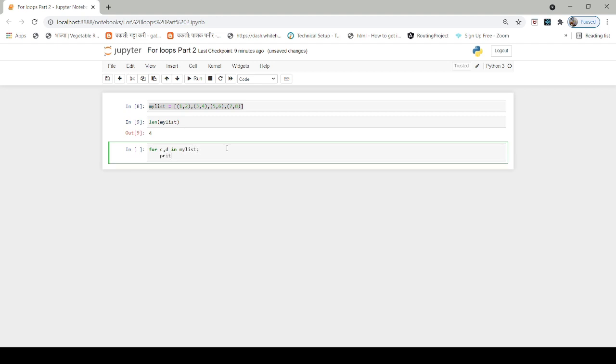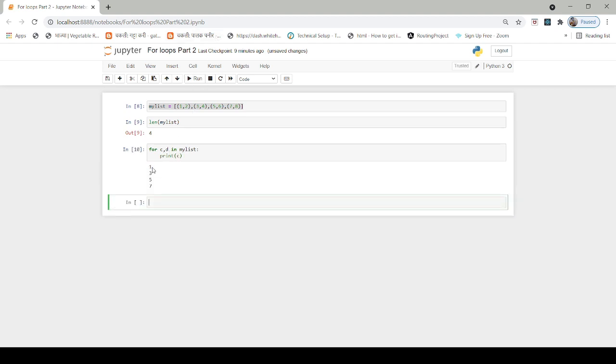and let's say print C. If we run that, it's going to say 1, 3, 5, 7. And if we say for C, D, let's try to print D here, it's going to say 2, 4, 6 and 8. Let's try to